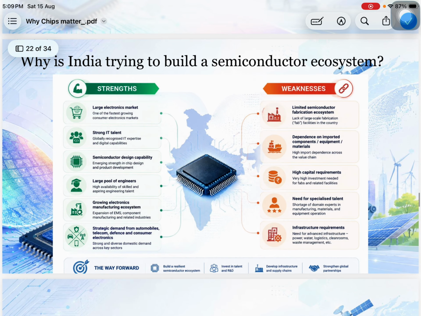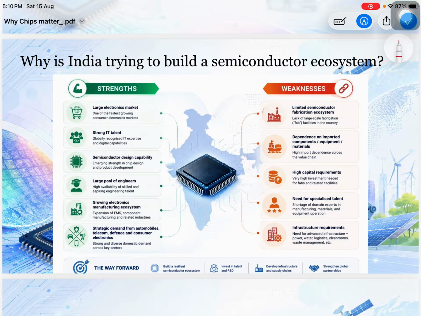So as you can see, India is a software dominating market. Everybody knows India has IT parks in Pune, Bangalore, Chennai, Hyderabad, even in Delhi NCR. So we are a very software prone market, but to jump from software to hardware is not an easy task. And here is a very brilliant graphic depicting what the strengths and weaknesses are. There is something in the weaknesses that we need to discuss more.